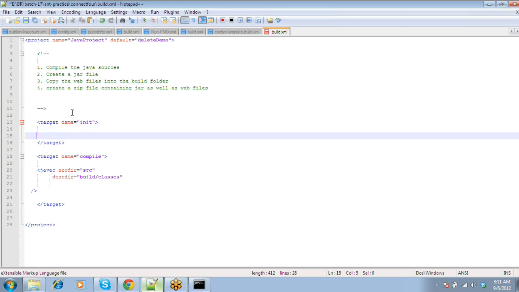And let me create, in the init, all the make directory statements. Whatever directories I want, I will create here, all in one place, so that you really know which directories are created by you. I will say